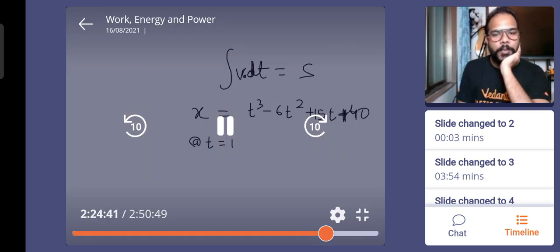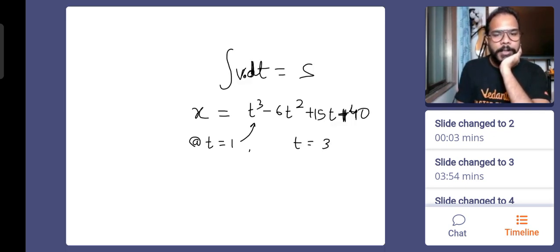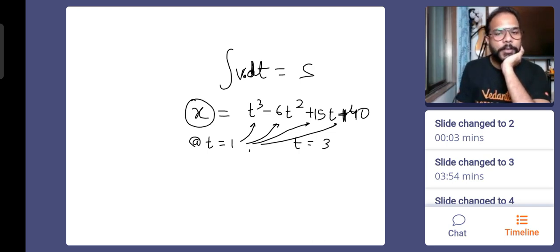जैसे मान लो क्वेश्चन ने पूछा कि t इक्वल टू 1 पे पोजीशन पता लगाओ और t इक्वल टू 3 पे पोजीशन पता लगाओ। तो t का वैल्यू पुट कर दो, तो उससे पोजीशन मिल जाएगी। ये एक्स कोऑर्डिनेट होता है, वही तो पोजीशन होती है बॉडी की। ठीक है? फिर t इक्वल टू,